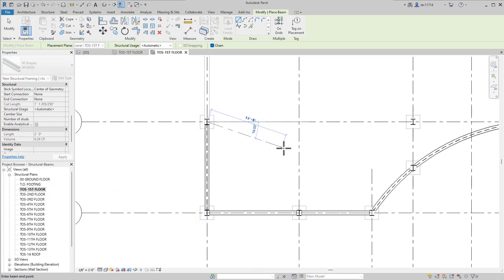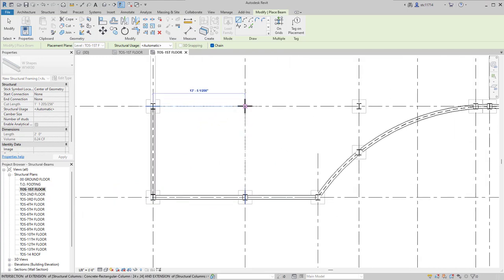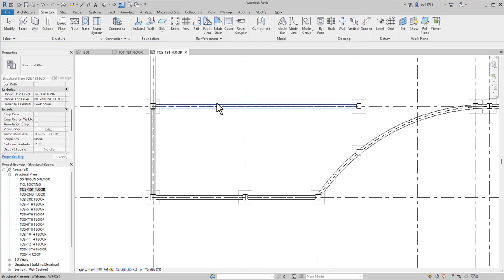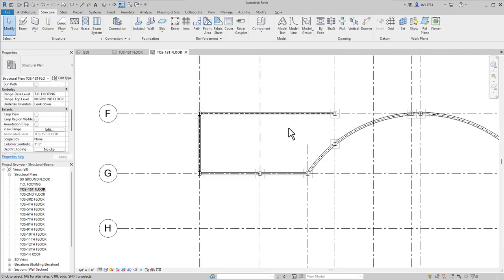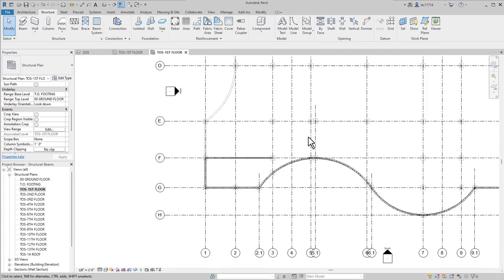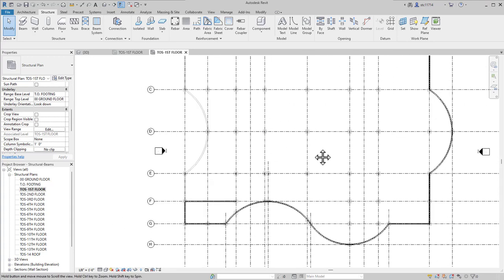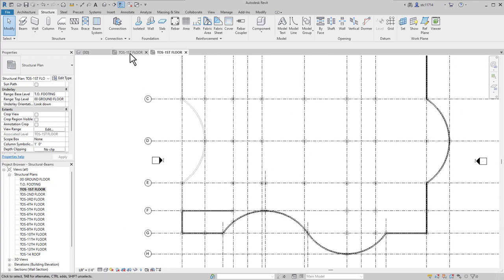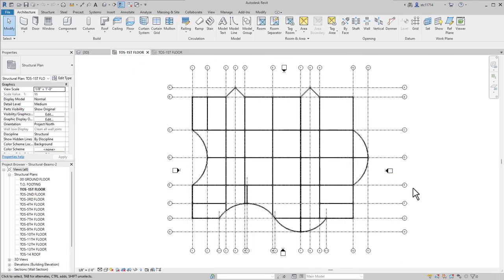Now keep in mind when you're adding them to the inside of the building, you don't want to just stop at each grid. You want to just go between columns. So for example, I would draw across here. It's okay to draw across this grid line because there's not a column there. I will continue, again, creating all these beams until my final result looks a little something like this.